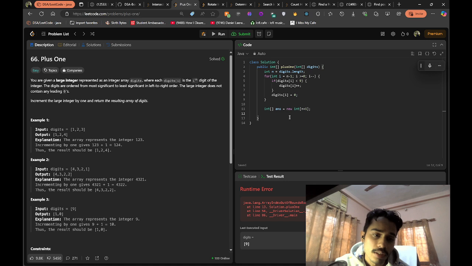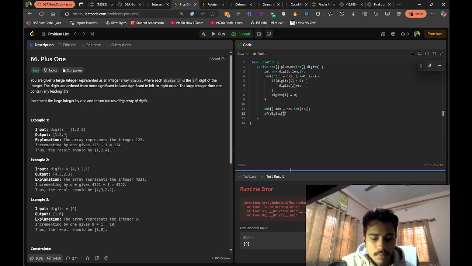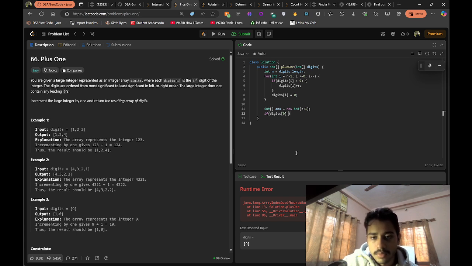So if it is 9, then we can make it 1 and 0. So if digits 0th element is just 9,